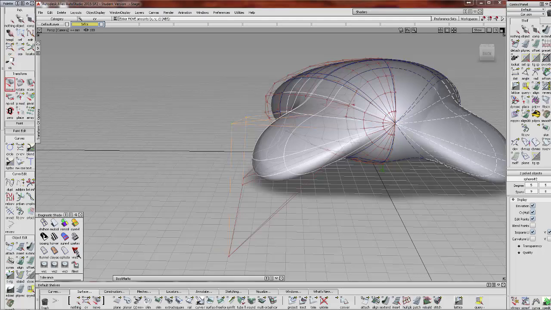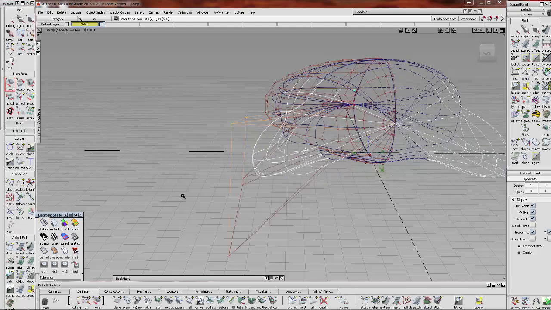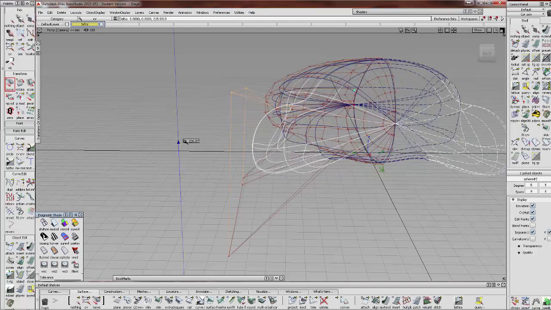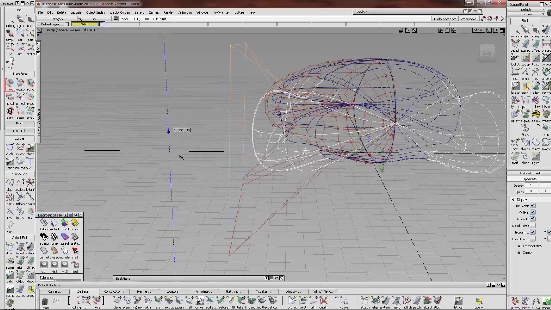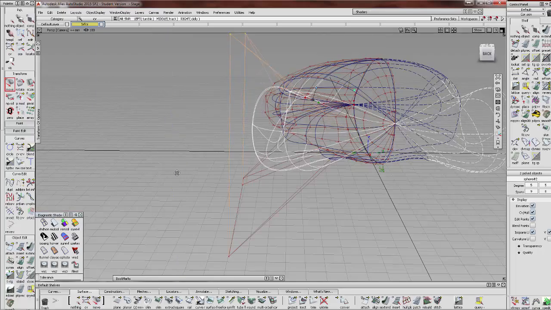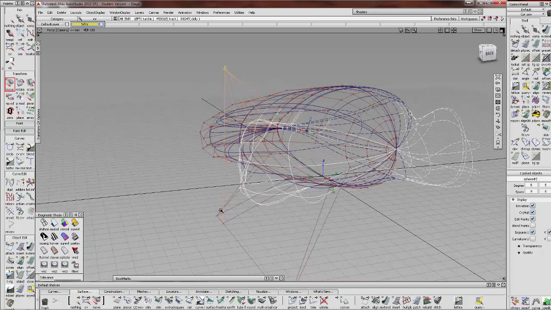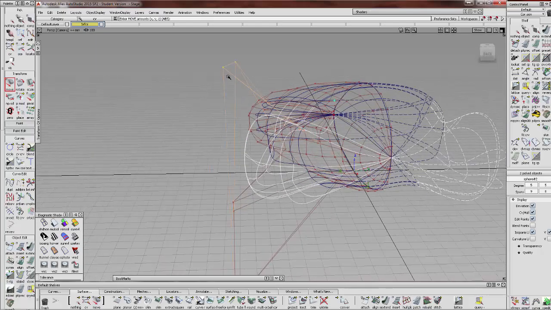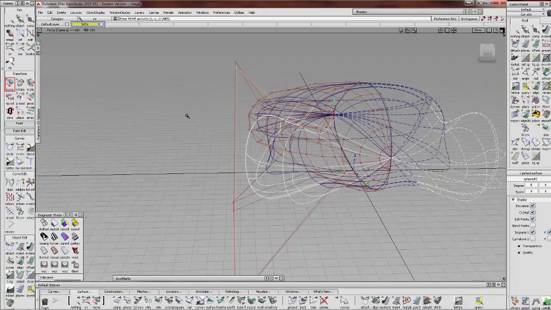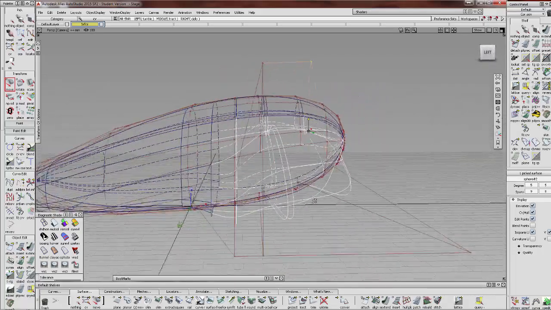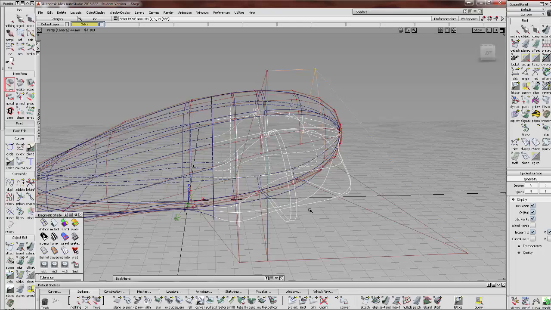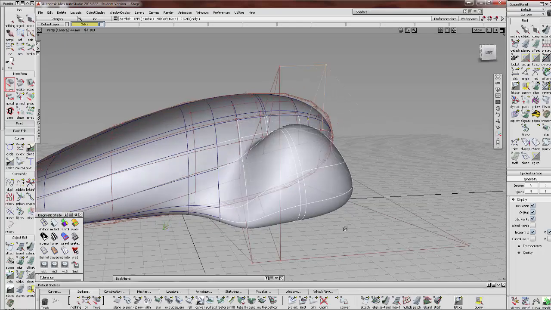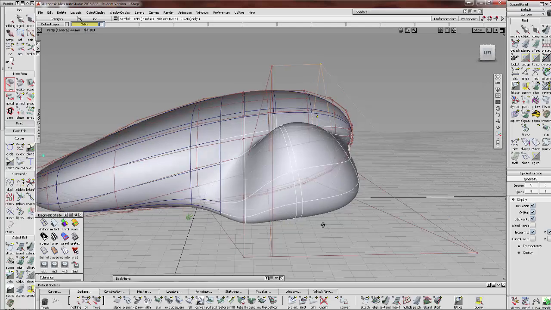I'm just gonna switch the shading off because I'm gonna see what I get if I do this. I'm never afraid of experimenting with sculpture in this case, in this early stage, because it's just fun. So see what we get when I do that. Ooh, that's a bit weird. But